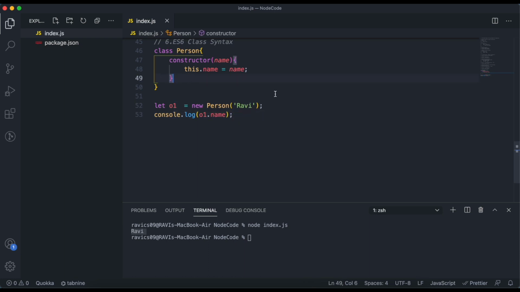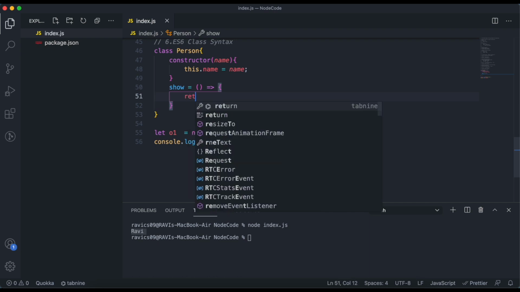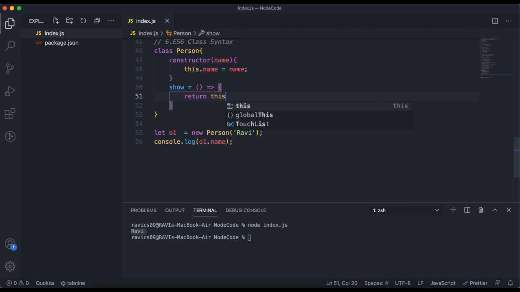If you have defined any method here, suppose you have defined one method, return this.name, instead of calling this one, we can directly call this method.